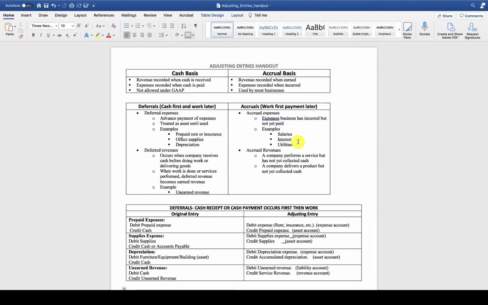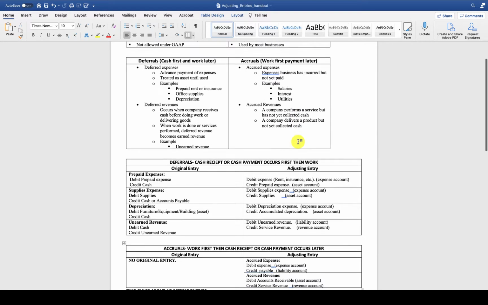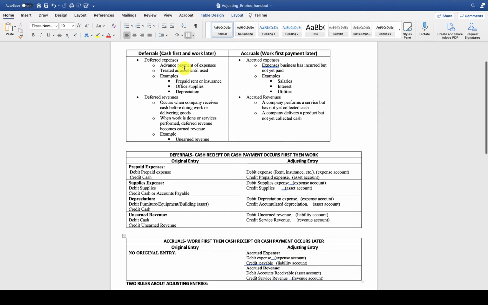In this video, we'll continue where we left off and we will expand more on adjusting entries. And we said that for adjusting entries, we have two types, deferrals and accruals. Deferrals are when a cash transaction takes place first, and then later there's work to follow the transaction. Accruals are the opposite. There's a work transaction or an action that takes place first, and then there's a payment